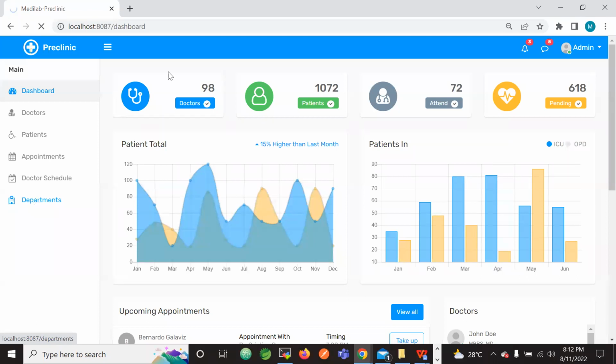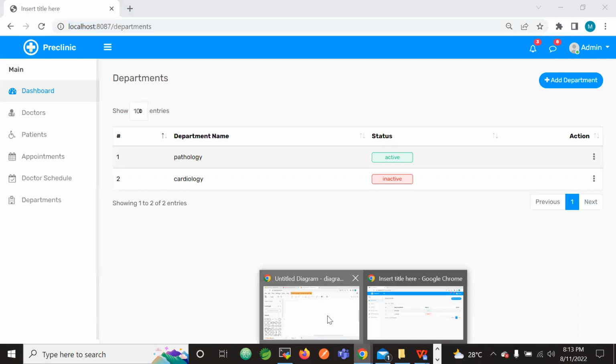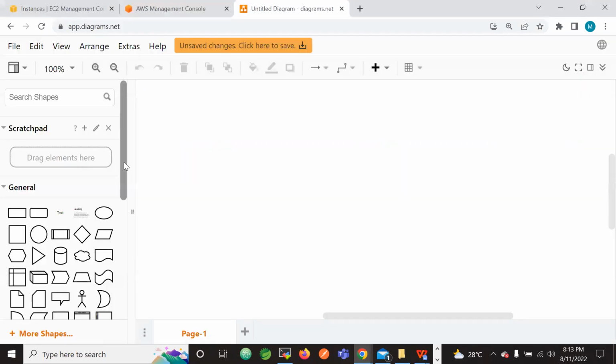Now, if you would also want to access this application, you cannot, because this is running in my laptop, my computer. So there are two options to get this application running in your machine. So what are those two options? So in my computer,